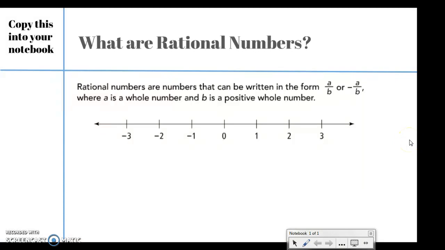What are rational numbers? I want you to copy this into your notebook, ask yourself the question, and then answer. Rational numbers are numbers that can be written in form a over b, or negative a over b, where a is a whole number and b is a positive whole number. Okay? So, also, rational numbers